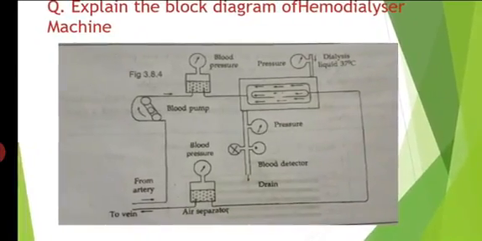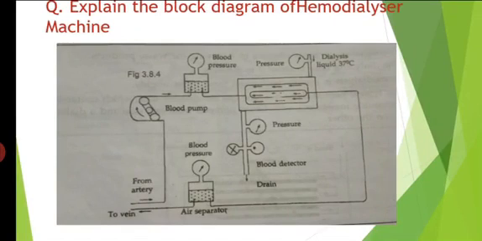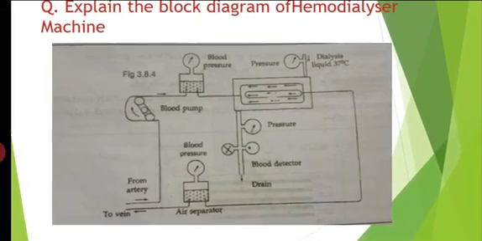From the artery, they take the blood through the blood pump. Whenever they take the blood, the blood pressure is continuously measured, because only at the particular pressure do they take the blood from the body. Then it passes through a number of membrane plates, that is, the hemodialyzer setup, where the membranes are. In that silicon membrane, the electrodialysis liquid is there alternately. For pressure monitoring, they use a pressure gauge here.